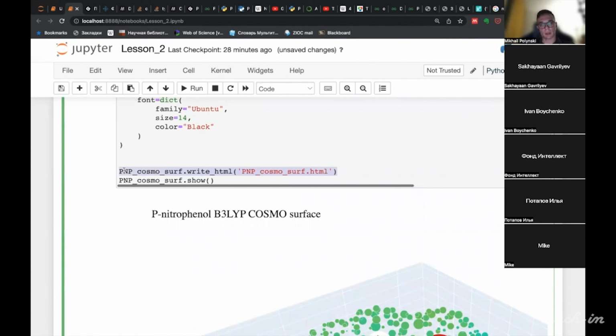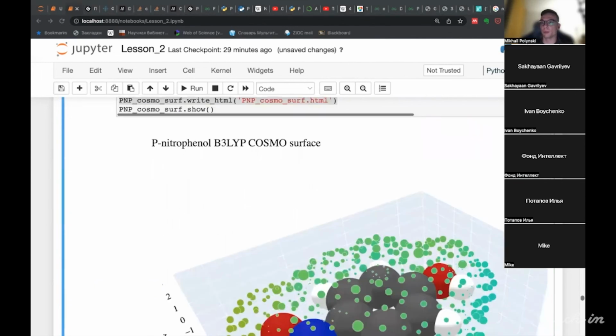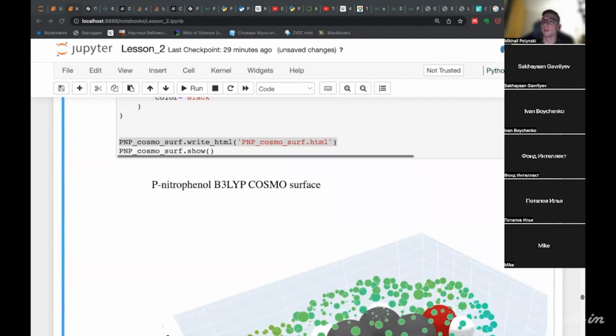I write the plot I've shown you on the disk, and I can open it in my browser.